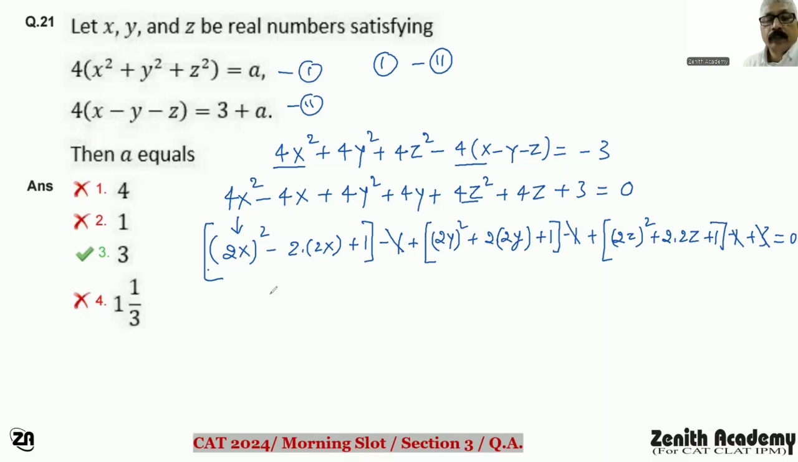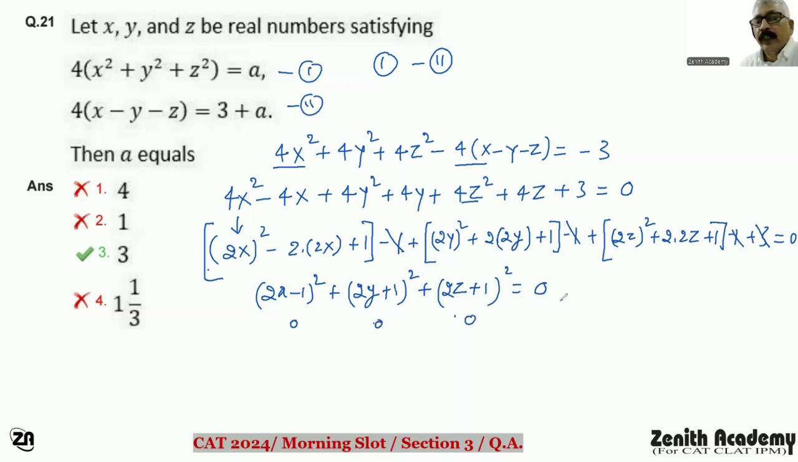अब यहां हो गया 2x-1 का स्क्वायर, 2y+1 का स्क्वायर एंड 2z+1 स्क्वायर इज इक्वल टू 0। अब किसी का होल स्क्वायर कर रहे हो तो ये तो पॉजिटिव है ना, पॉजिटिव इज इक्वल टू 0 कैसे हो सकता है? तो ये सोचा जा सकता है कि ये भी 0 होगा और ये भी 0 होगा और ये भी 0 होगा, तभी लेफ्ट हैंड साइड इज इक्वल टू राइट हैंड साइड 0।